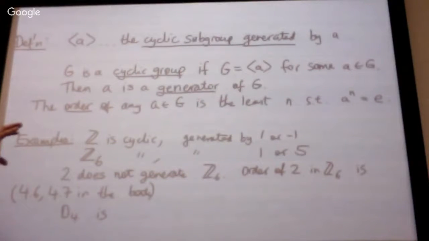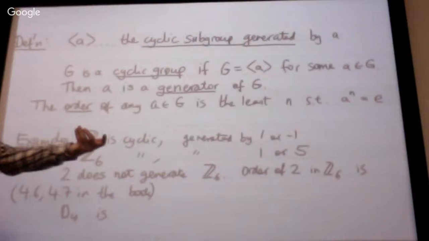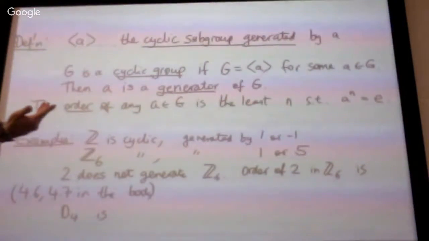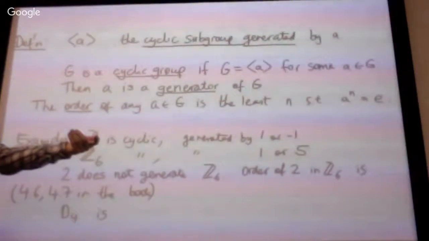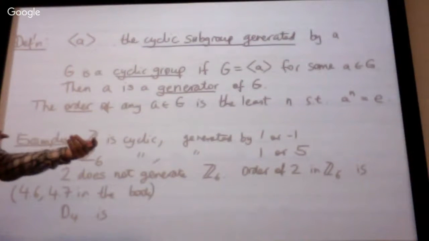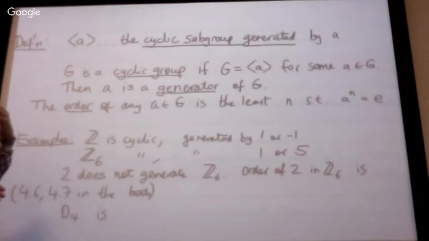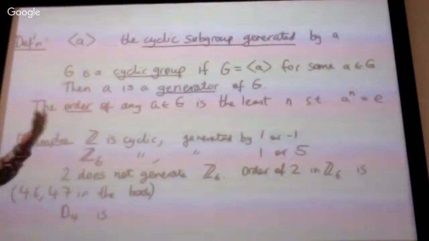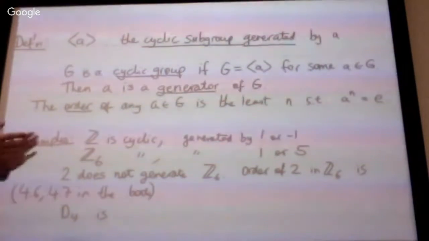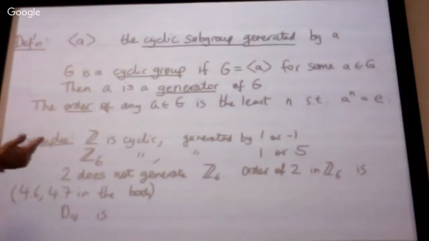Because if you flip it, the reflection, you can't get that from any rotations, no matter how many you do, 90, 180, 270, whatnot. Okay, so no rotation generates the whole group of symmetries, and